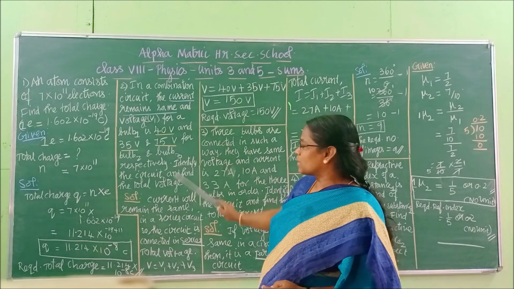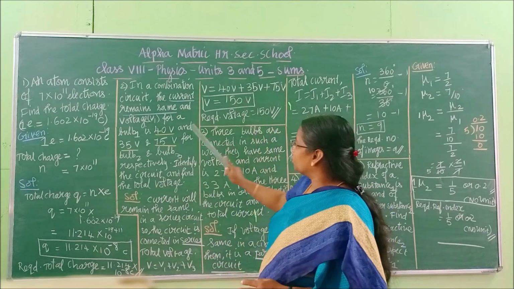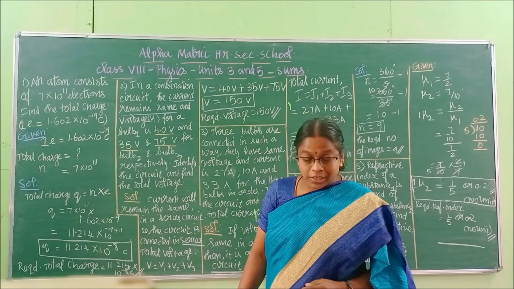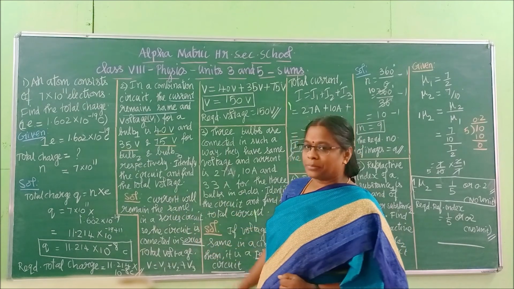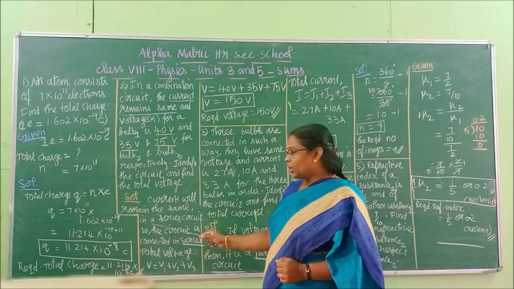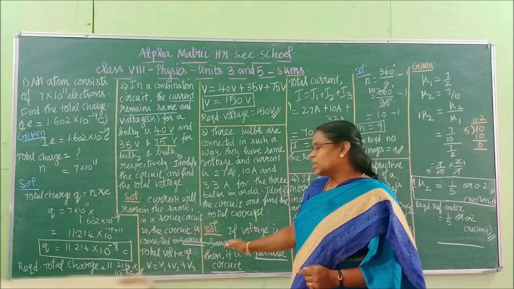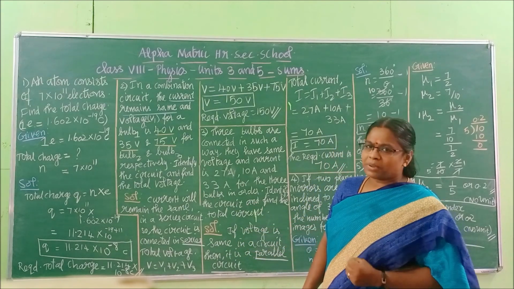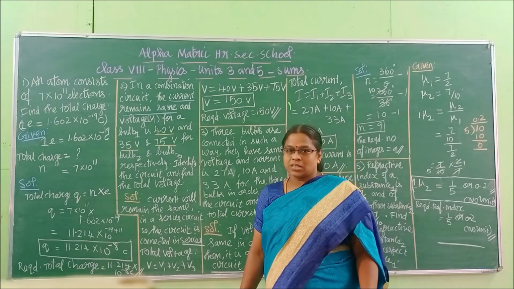For this type of sum, the given and all cannot be written, so I am writing like this because for a theory based explanation you need to give it here. That's why I have stated them in a statement. Okay. So current will remain the same in which circuit? In a series circuit. So the circuit is a series circuit. You can write in your own way, but the concept must be there. Right? So current is the same, so the circuit is a series circuit.